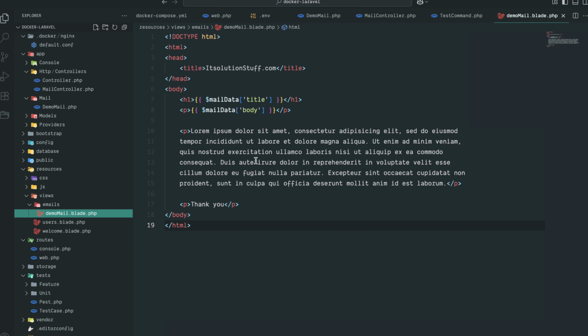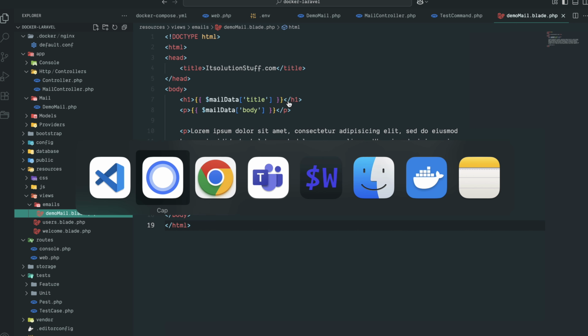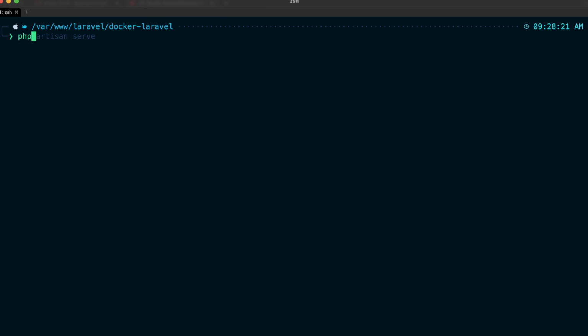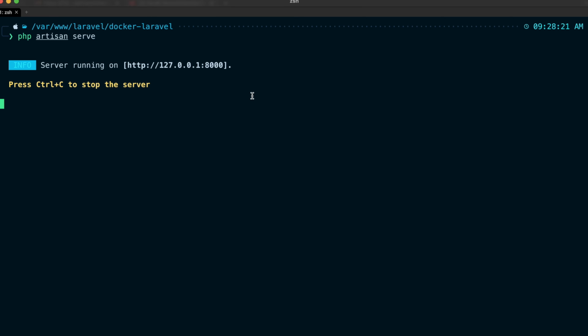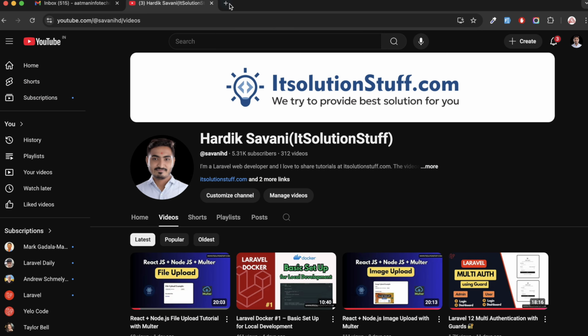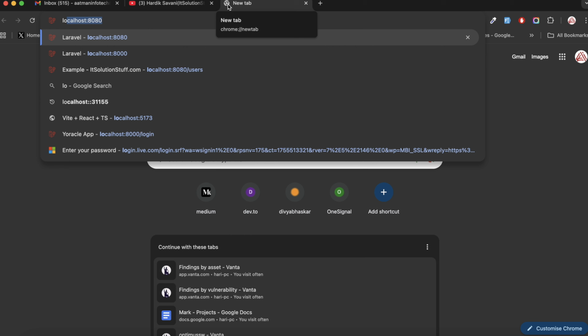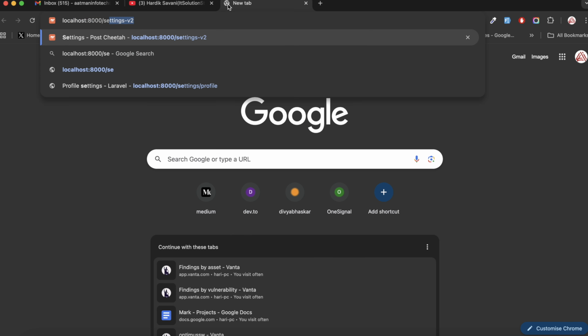I already covered in a previous video how to set up the queue locally, so let's check on the local first. Let me go to my application and run php artisan serve. Hit enter, and now let me go to localhost 8000/send